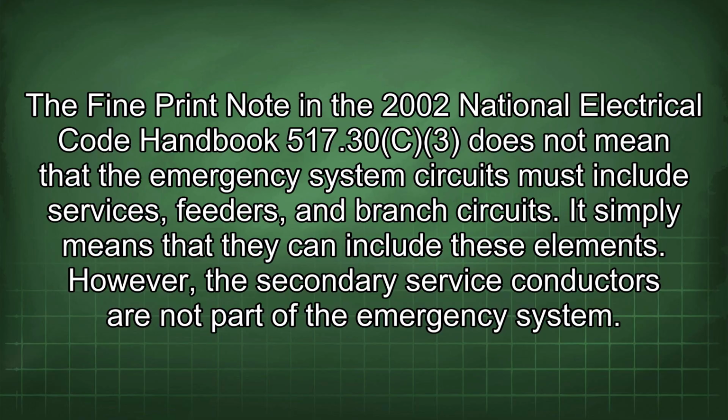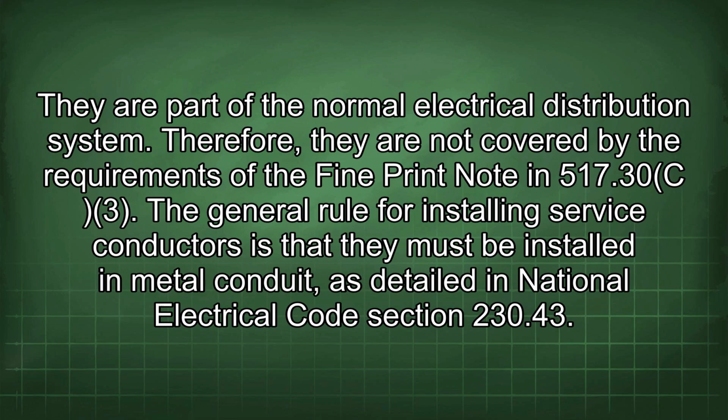517.30C3 does not mean that the emergency system circuits must include services, feeders, and branch circuits. It simply means that they can include these elements. However, the secondary service conductors are not part of the emergency system. They are part of the normal electrical distribution system. Therefore, they are not covered by the requirements of the fine print note in